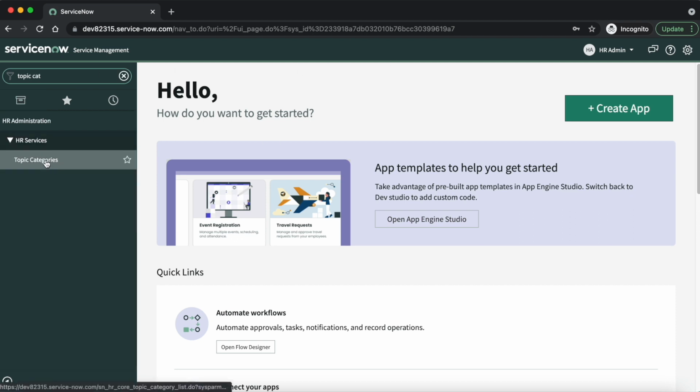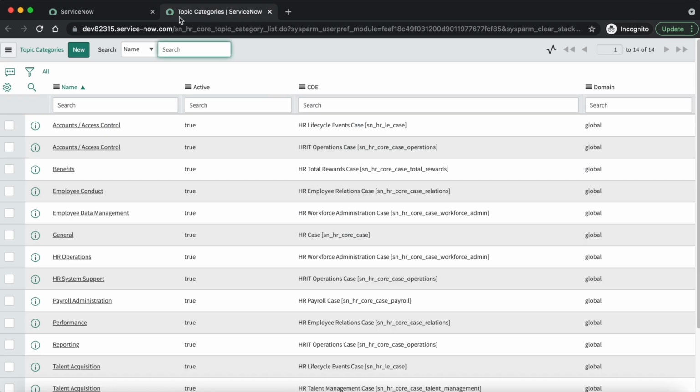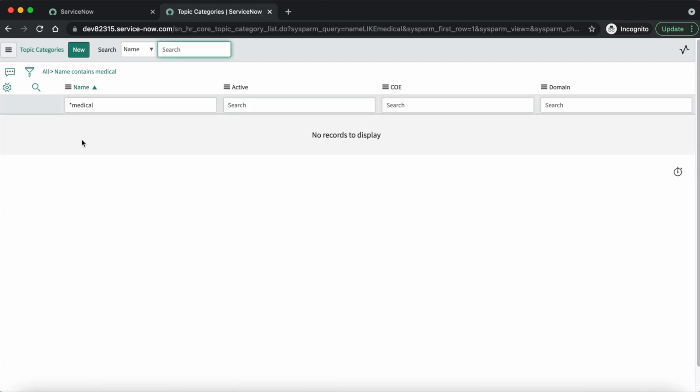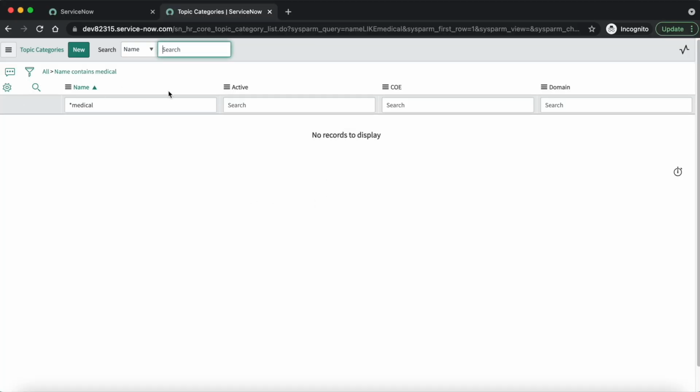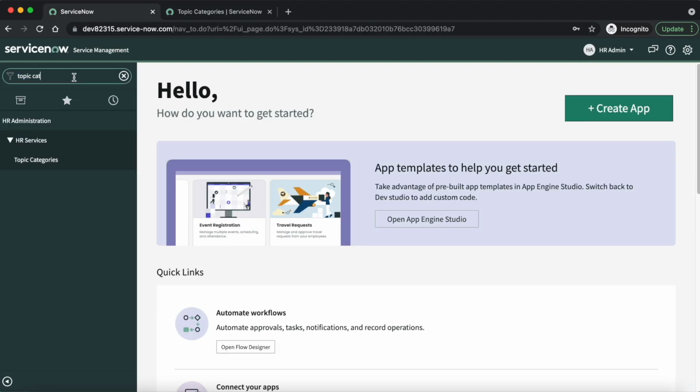So let's open the topic categories module and search. Here you can see that our topic category is medical enrollment. So we don't have any topic category named medical enrollment. Now let's also validate the topic detail.